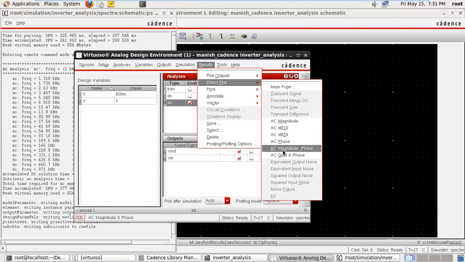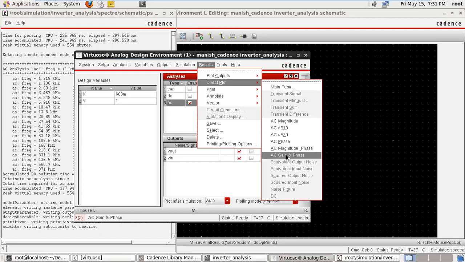When you click AC magnitude and phase in the same window, you can get the phase as well as the magnitude. Here there is also AC gain and phase. What is the difference between AC magnitude and phase and AC gain and phase?